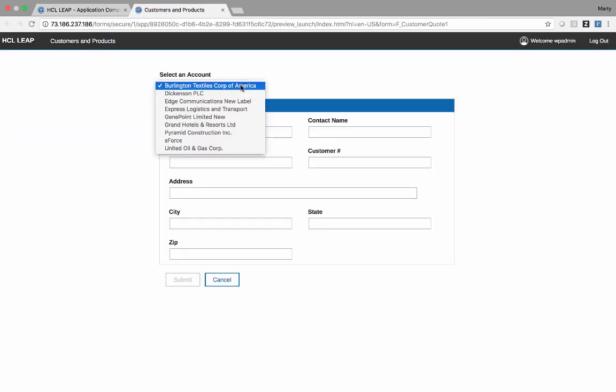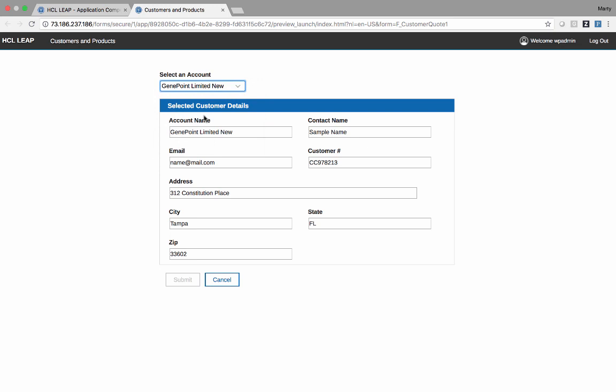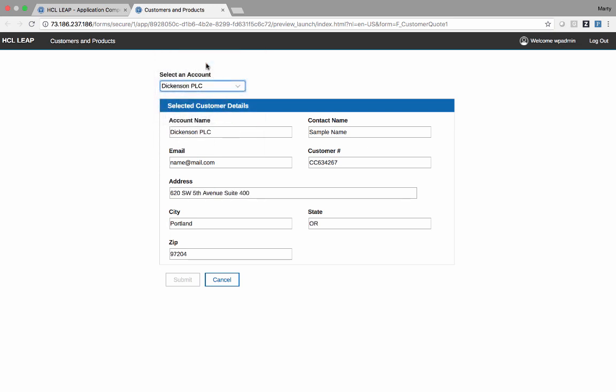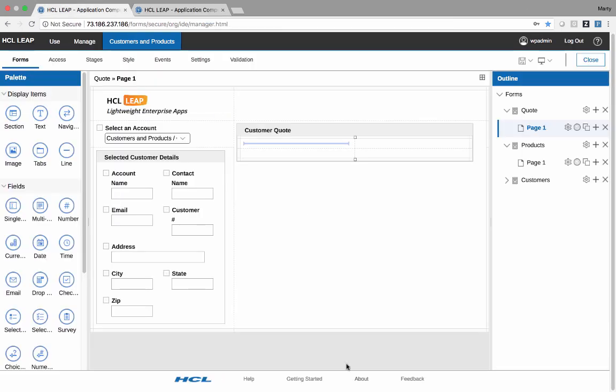So I've got my list of customers. And when I pick one, you can see all the details on the customer are being retrieved and populated into the details section of the form. So now that we have the services working with the select an account and the customer details, let's start to